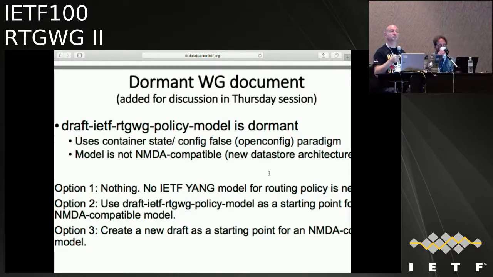We had a prototype one because we had to build our stuff. So the plan is to contact the author of the original draft, Anees specifically, perhaps, and ask whether they want to keep working and make version 2 an IETF document. If they say no or disagree in general, then we would probably move to option 3, fully acknowledging their input and their work, and starting new work in the routing working group.